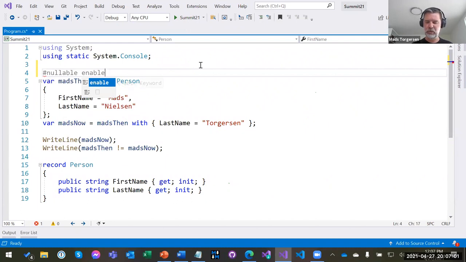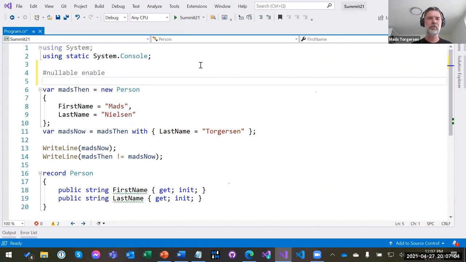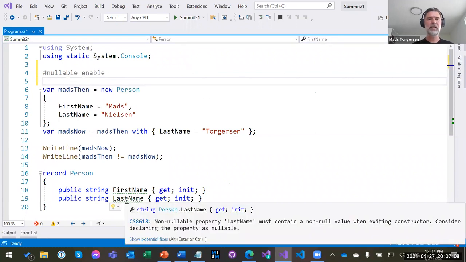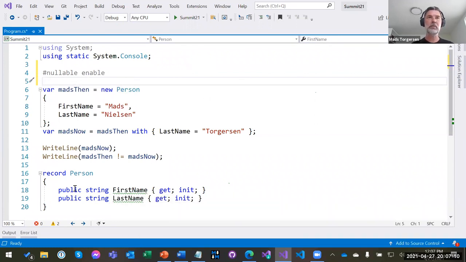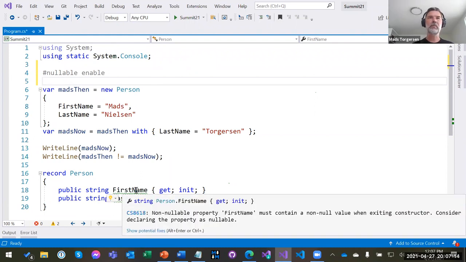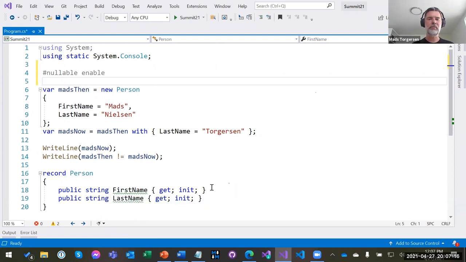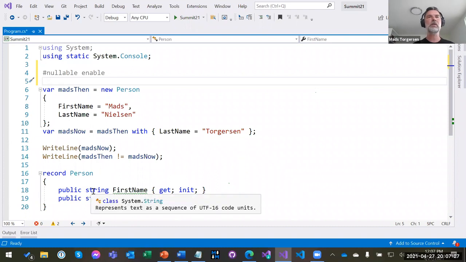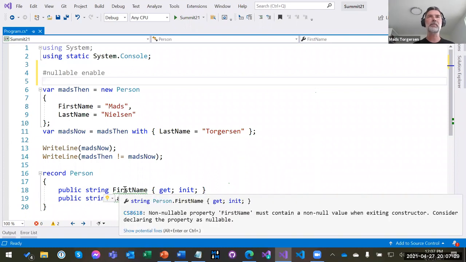And if we do, we see some uncomfortable truths, which is that the first name and last name being non-nullable, returning non-nullable reference types here, are actually not null safe, right? Because the default constructor here does not make sure that they get initialized. And so I could create a person object, not initialize these guys, and have null in them, even though they're declared to be non-nullable. And that's what these warnings are telling me.